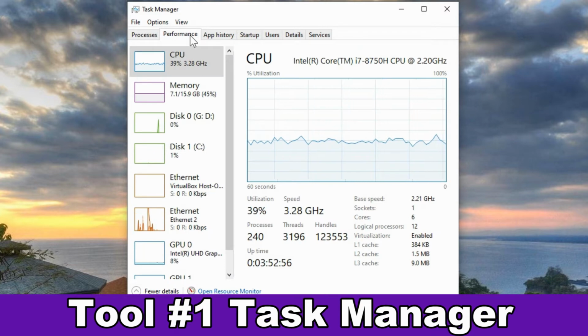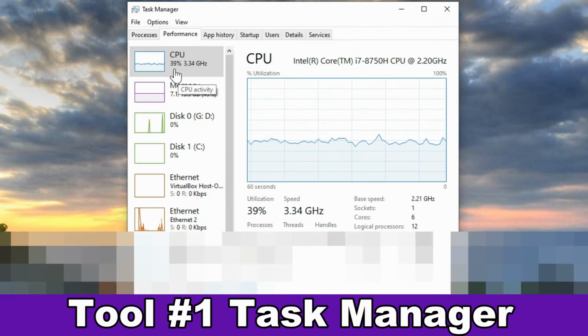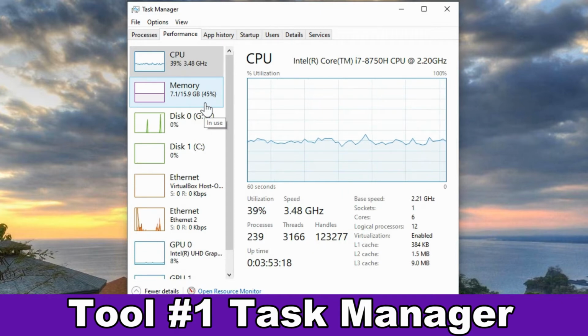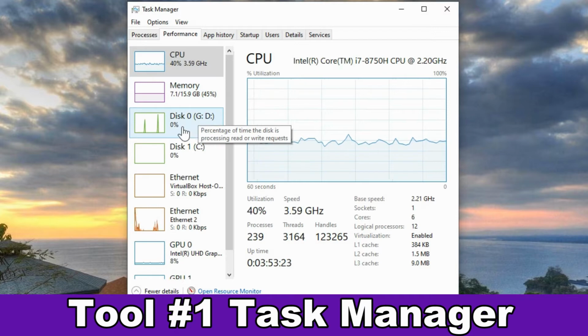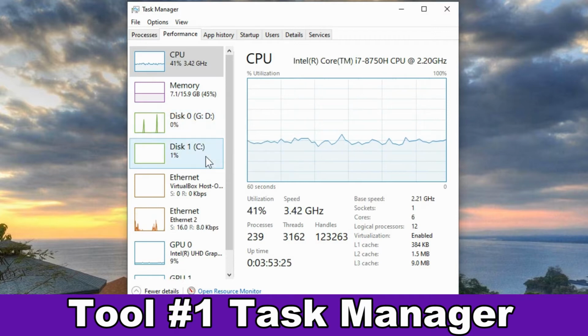The next tab here is the Performance tab, and I like to have this open a lot. Just when looking at something and seeing the computer's running a little bit slow, the first thing I do is open up the Task Manager and look at the Performance tab. I want to see how much of the CPU is being used, if it's capping out at 100%, how much of the memory is being used out of their capacity with everything that's open, and if the hard drive is working hard, especially the C drive.